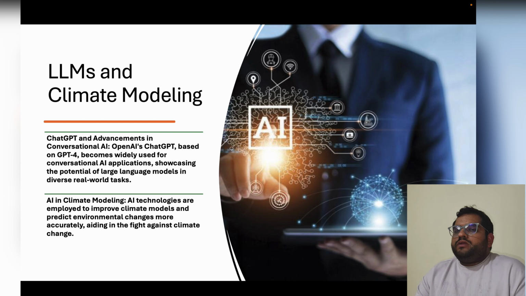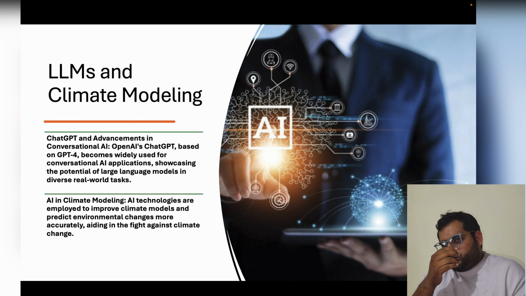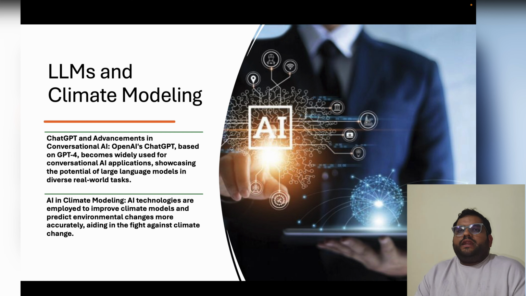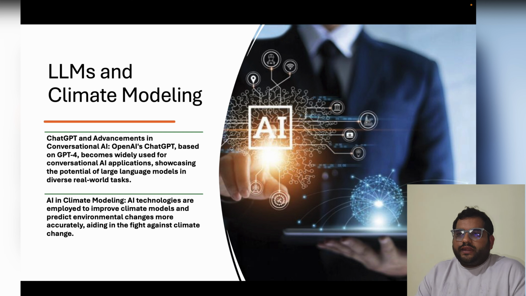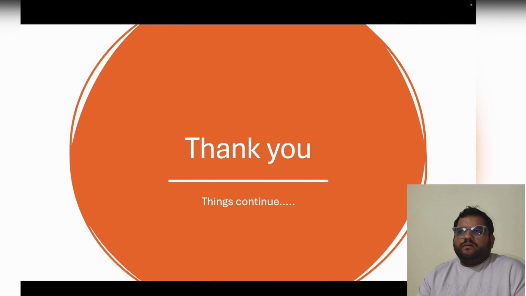AI in climate modeling is one of the things which came up. They are trying to improve climate models, predict environmental changes, and accurately get how things are going to go. I was working with geospatial data analytics. We started with 5 inches by 5 inches: what is the crop, how is the quality? We were able to predict the environment, and then we were trying to say what crop is going to give you the output and how things are going to come. So these are some of the models which were there, and in 2024 a lot of things continue.